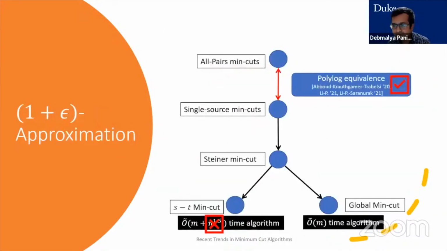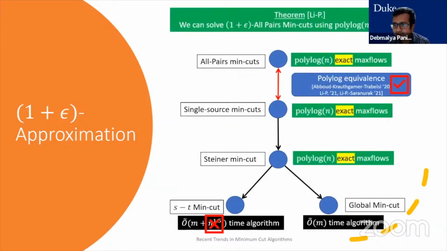Okay. Given this, what do we have? We now have a polylog n max flow based algorithm for all of these problems. Remember, this algorithm actually solves single source min cuts. And there's this polylog equivalence between single source and all pairs min cuts, which means that all of these problems, all pairs, single source, and Steiner min cuts, have an algorithm that uses polylog n max flows. The only catch, as I said,